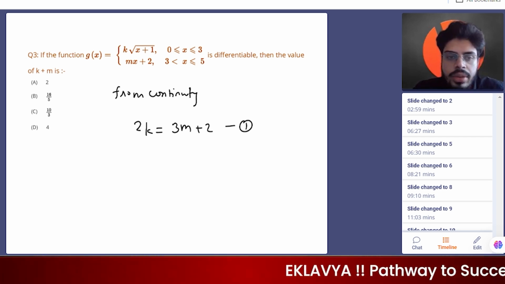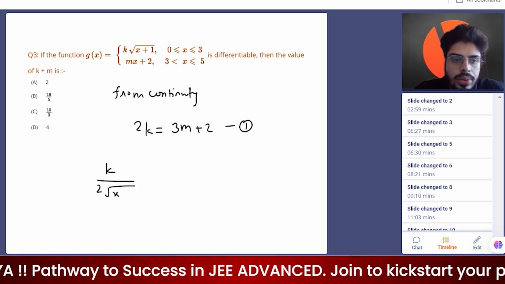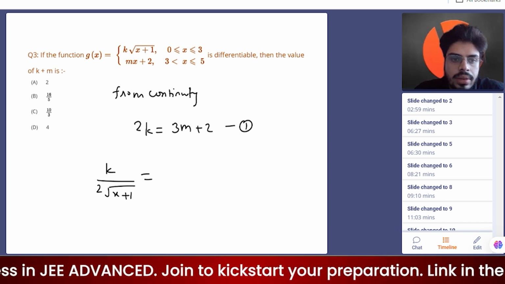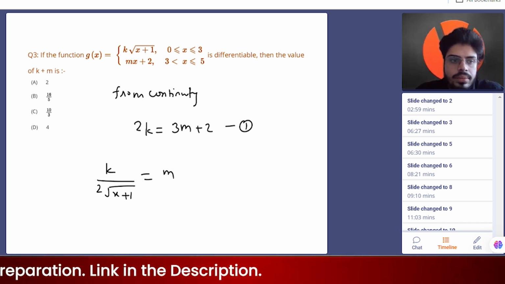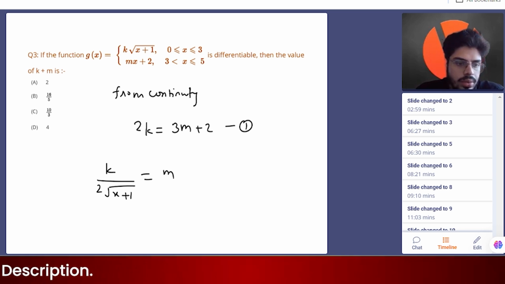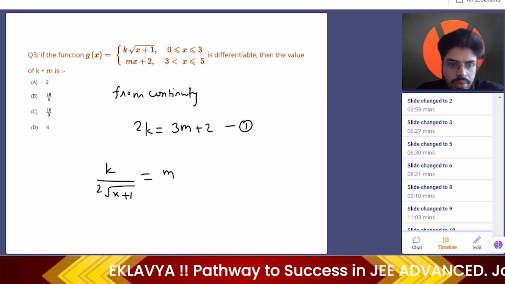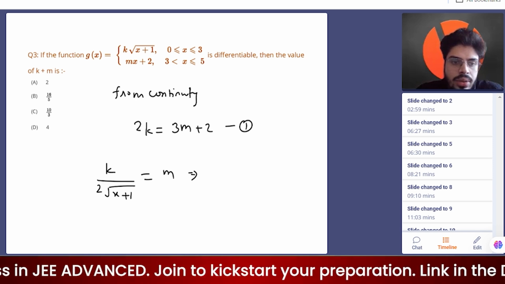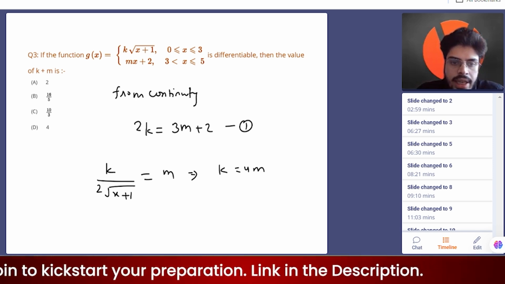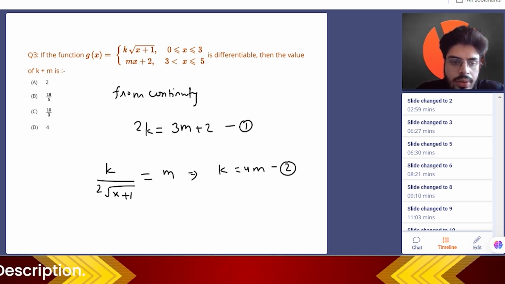Now second, from differentiability. So differentiate this. So k upon 2 root x plus 1 is equal to m. Okay, so from here you can put x equal to 3. So you will get k equal to 4m. And if you put this here, so you will get